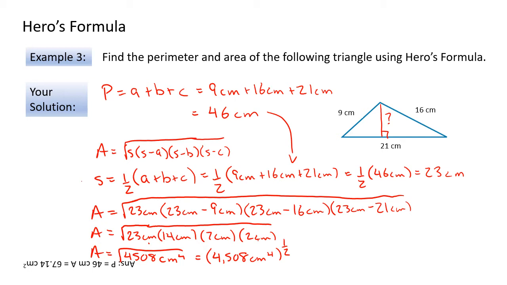So if you take the square root of 4,508, you get 67.14. And then the second term is centimeters to the exponent 4. And again, because it's square root, it's the exponent 1/2. So if you have that, remember from exponents, you multiply those two exponents together. So what happens is that's 67.14 centimeters, and that's 4 times 1 divided by 2, which gives you 67.14 centimeters